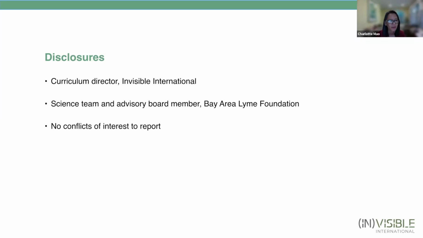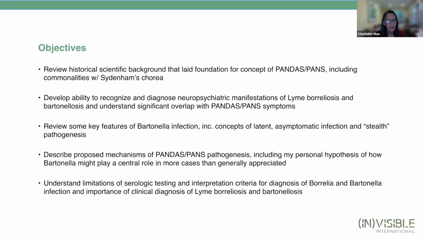So the objectives for today's talk are to review historical scientific background that laid the foundation for the concept of PANDAS PANS, including commonalities with Sydenham's chorea, to develop an ability to recognize and diagnose neuropsychiatric manifestations of Lyme borreliosis and Bartonellosis, and understand the significant overlap with PANS and PANDAS symptomatology,